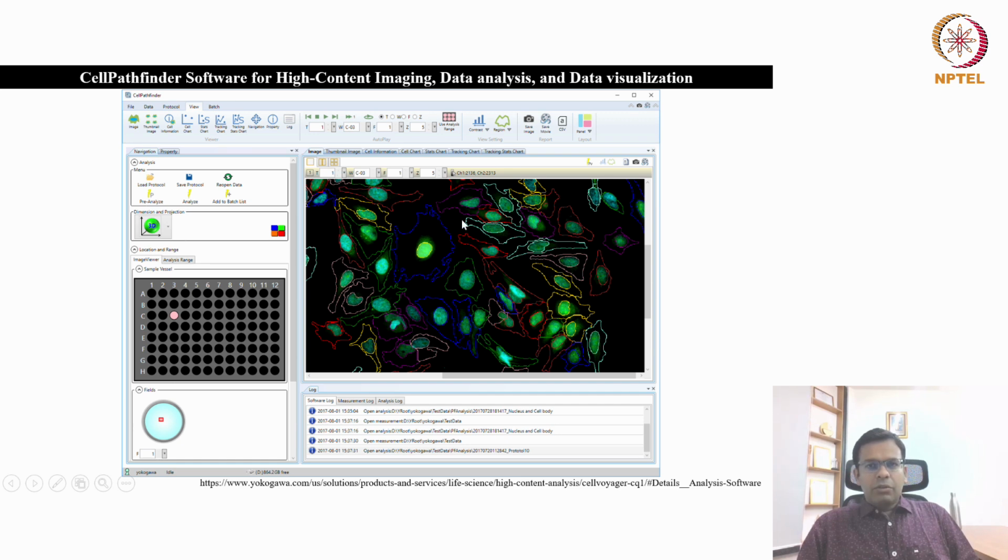Here you have the option to select the specific plate, specific well, and so you can select which well you want to see. For this well, it must have captured several images, but here you are seeing just one out of it. The software automatically detects the nuclei. It automatically segments the cells, and then it gives all the statistics, if you want to measure the fluorescence intensity in each of these nuclei, or if you want to get an idea of the area of each of these cell types. So all statistics, whatever you want to measure, the software can measure automatically.